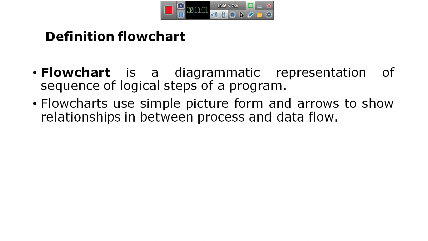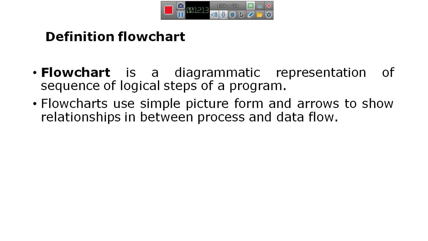If you want to take any decision, like a greater than b, a greater than c, or whether a person is eligible to vote, it is nothing but checking a condition by using some relational operators.